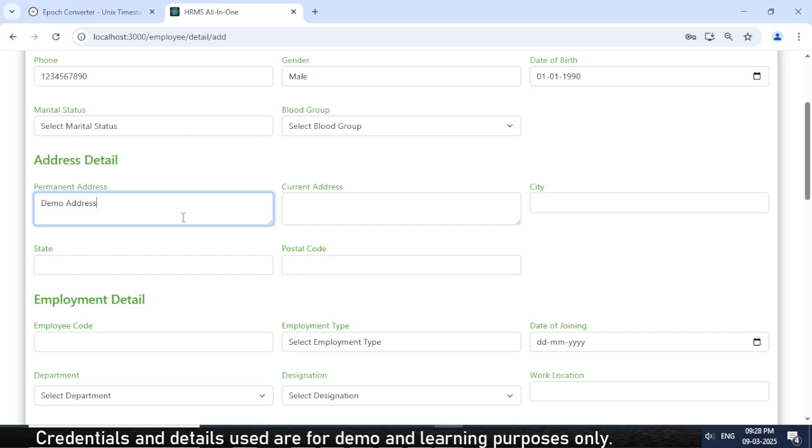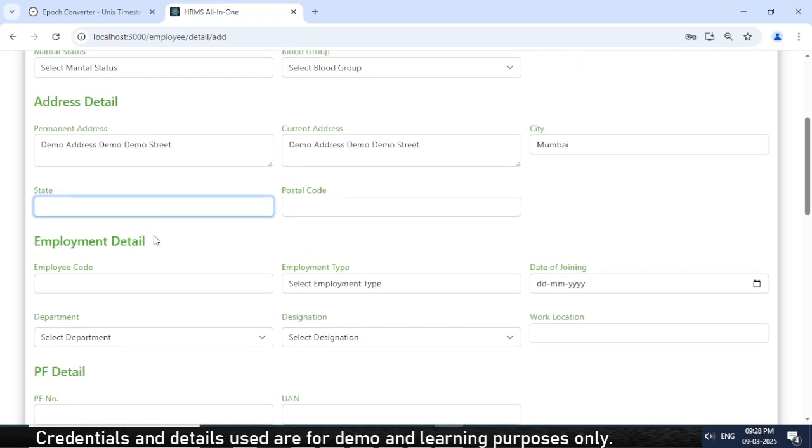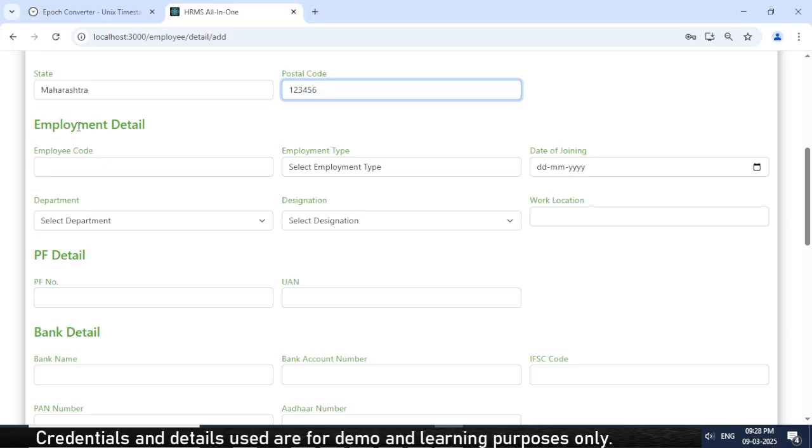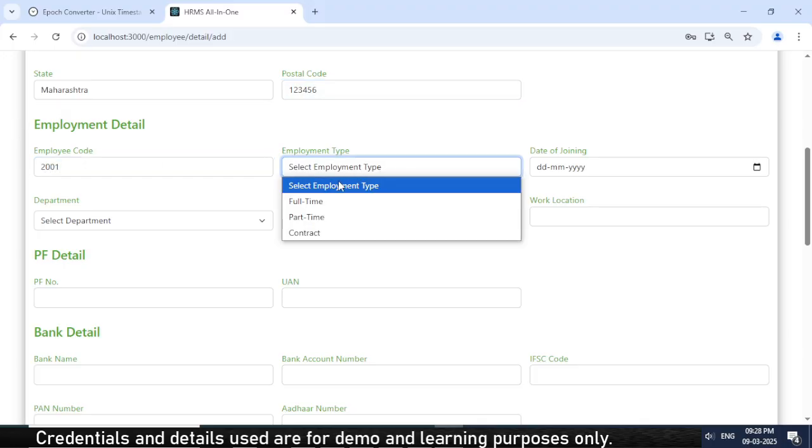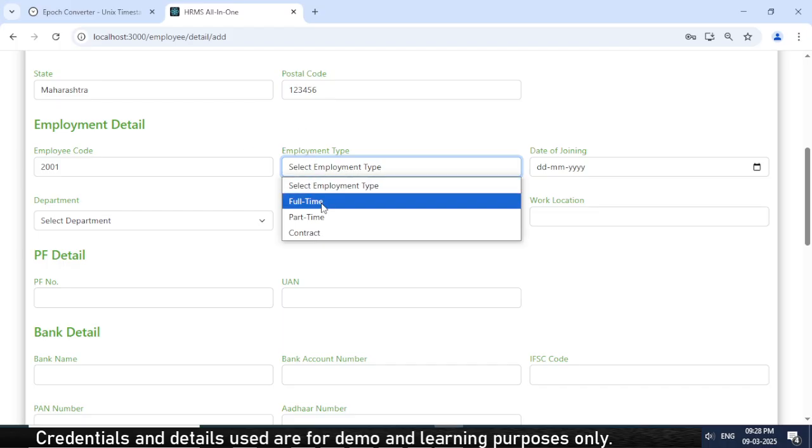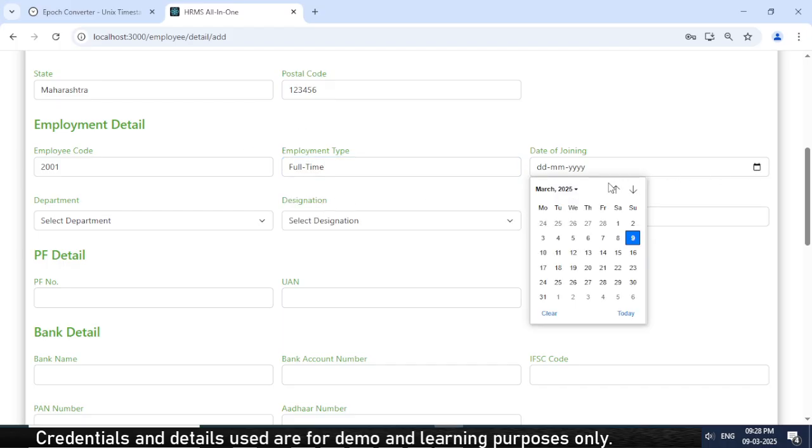And the address. Okay, address, demo address, demo street, current address, same, city. Okay, let's give Mumbai, Maharashtra, postal 1234, demo postal code I'm giving here. Employment detail we will have to add here, so I'll give as 2001. Okay, this will be dependent upon the HR. Okay, employment type, full time, date of joining, let's make April,